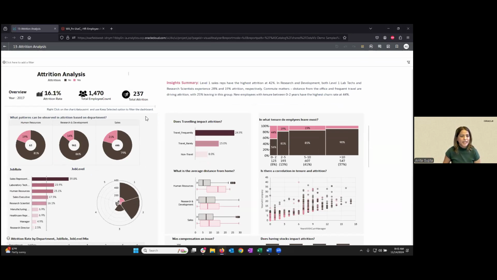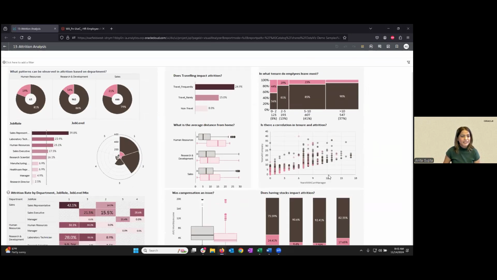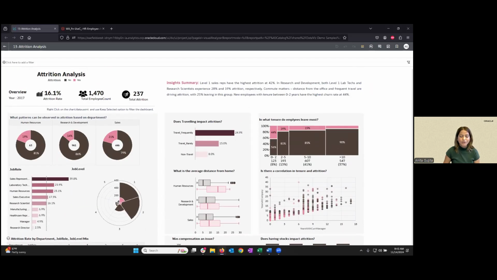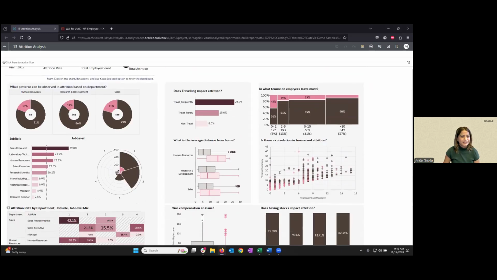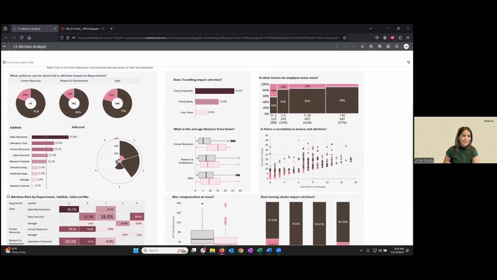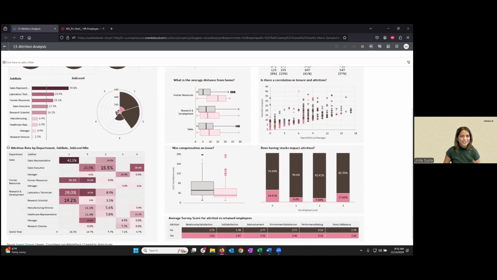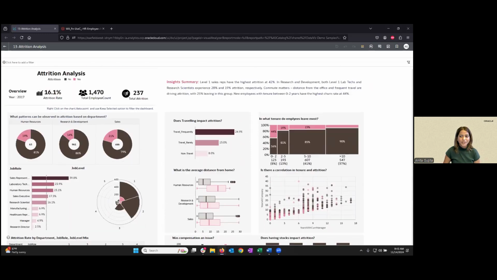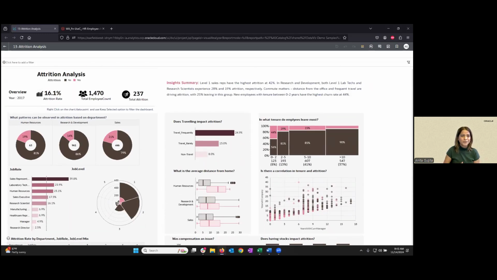So this analysis basically deep dives into the data and brings out insights for the business leader so that the business leader can take some actions to solve the problem of attrition. As you can see, this analysis is very in-depth. It has several charts and graphs. So in the interest of time, we are going to look at a couple of charts only and see how we can derive insights from them.